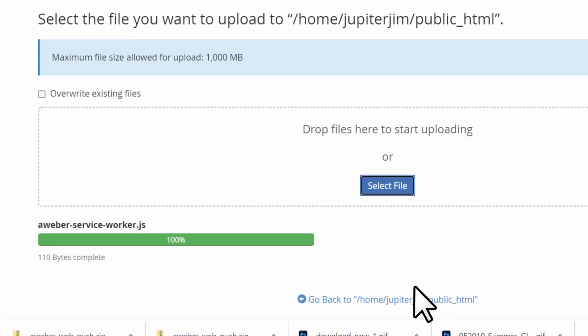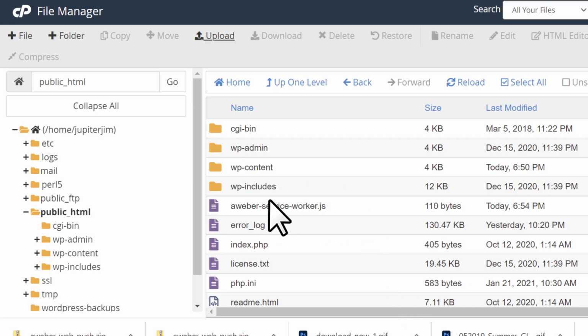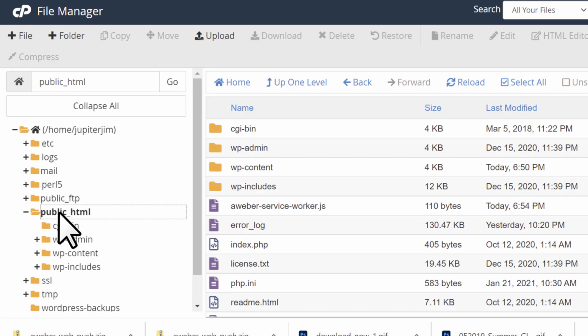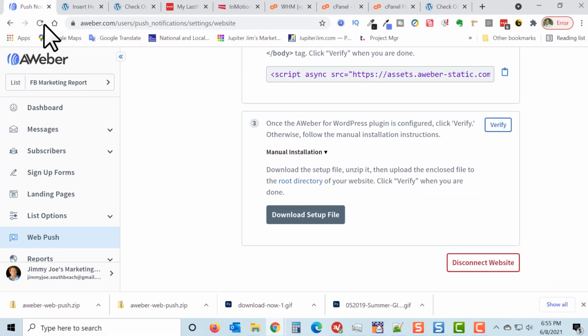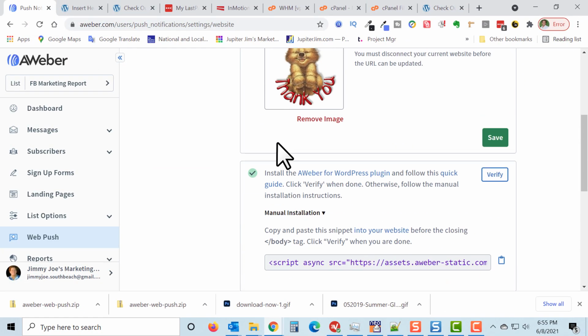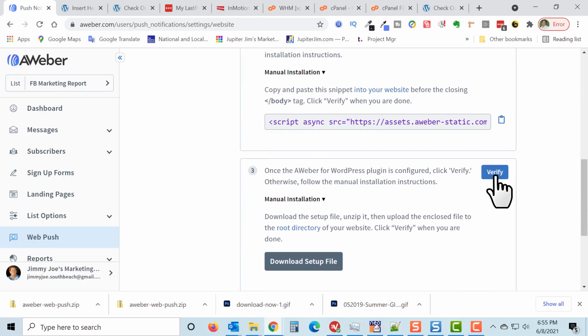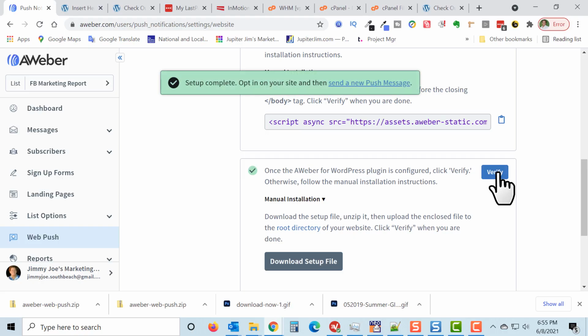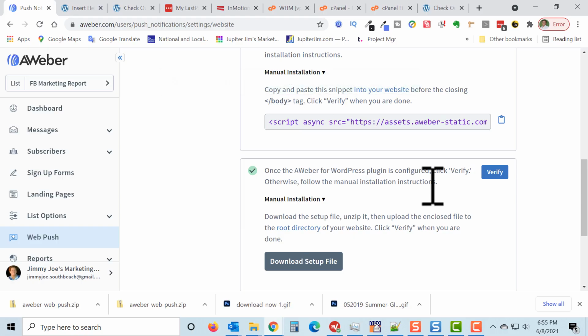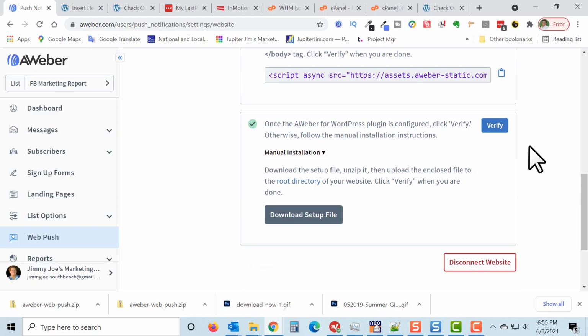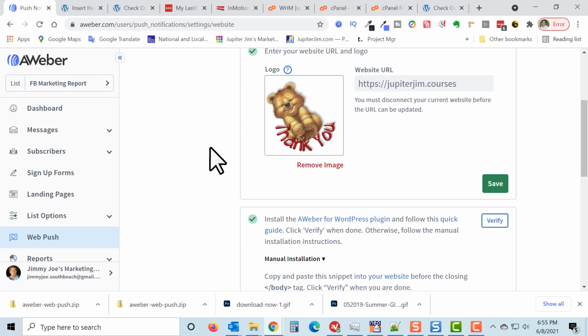And we're done. So I'm going to click back here, and this brings us right back to public underscore HTML. You can see this is the file that we just uploaded, the JavaScript file that ends in a .js file extension. So we go back here. We've completed step 1. We've completed step 2. Now we're going to complete step 3 by clicking verify. Setup complete. Opt-in on your site. Anyway, so we've completed those. We're good. Now what we want to do is go back over here to